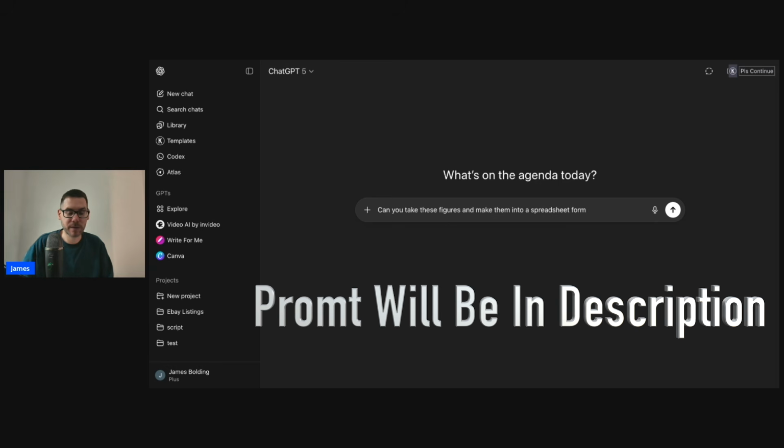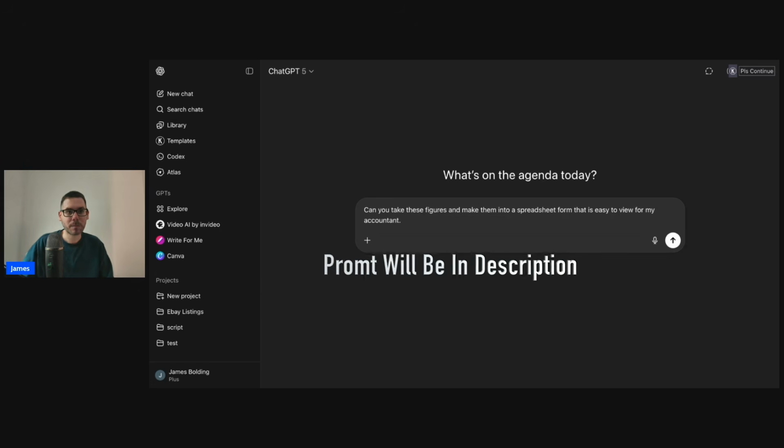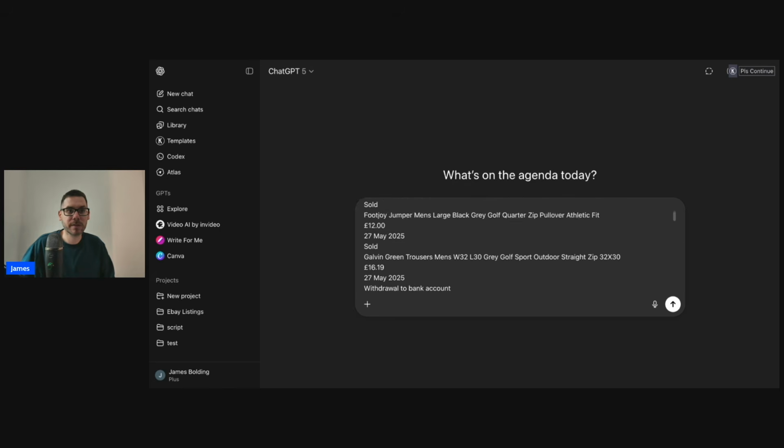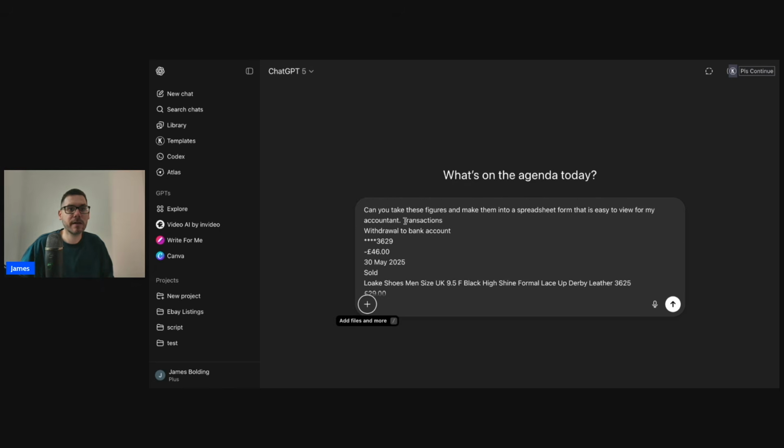Make sure you spell it correct, although chat will pick up on it. Make them into a spreadsheet form that is easy to view for my accountant. And we're just going to try this prompt. We're going to then Command V, and as you can see, it's put everything in there. What we might do actually for this prompt, just checking it's all got in, let's put here,